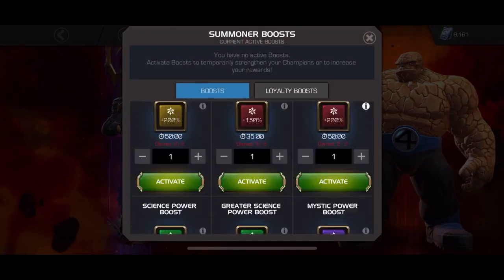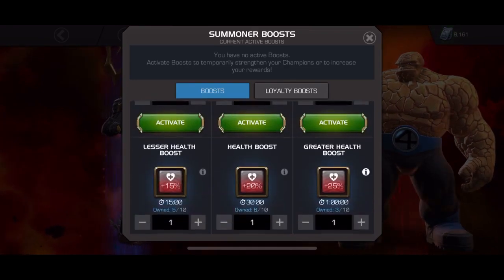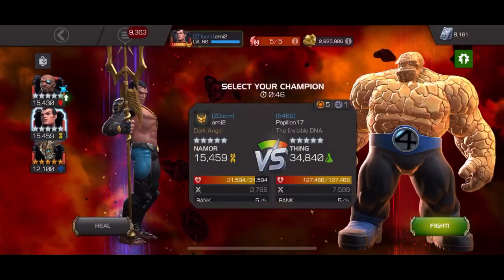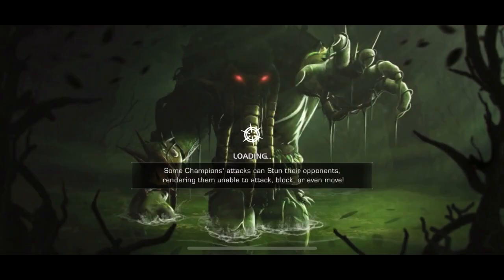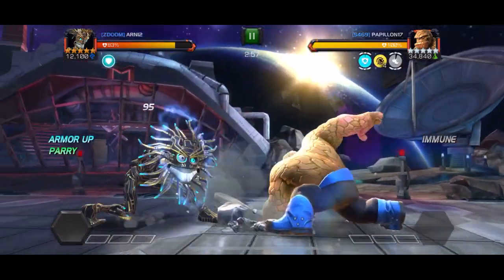This is the unblockable Thing. So every 8 seconds it goes unblockable. He's also, of course, a Thing. And yes, he's unstoppable and a lot of goodness. Rank 5 Thing, a pretty beefed one. And I'm bringing Warlock to this fight because I really want to see what Warlock can do against Thing and all the protection stuff. So it's